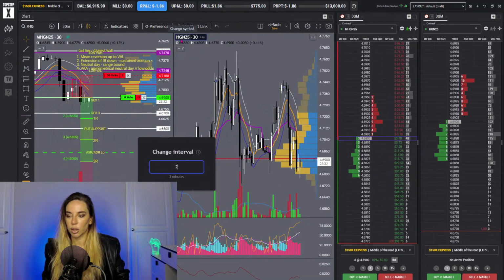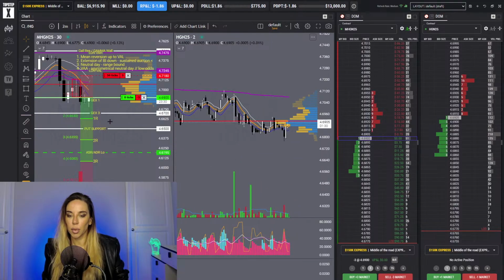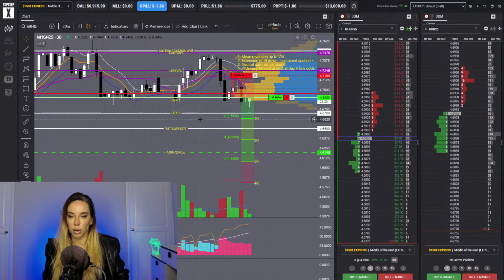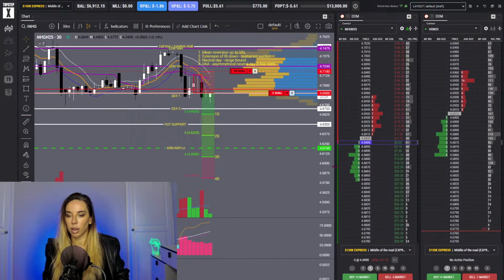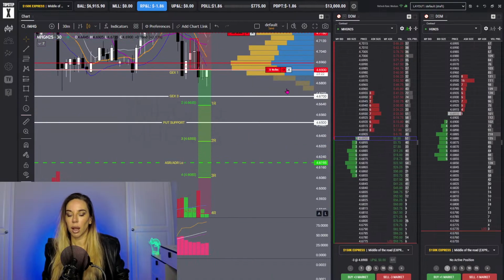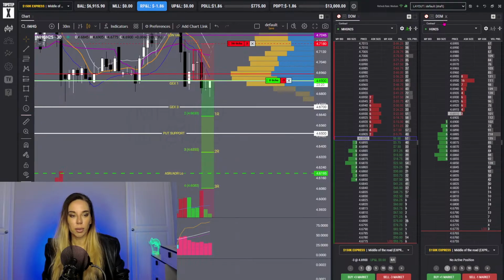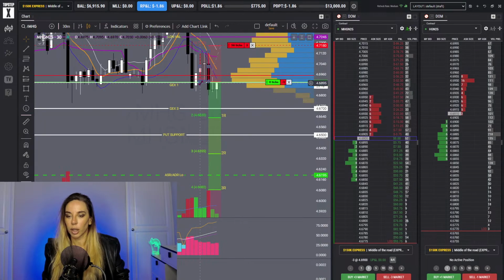Take a trade based on the initial balance short, which is what I'm doing here. Actually, let's just focus on one. We don't need to stare at the low time frames. If you want to take the initial balance short